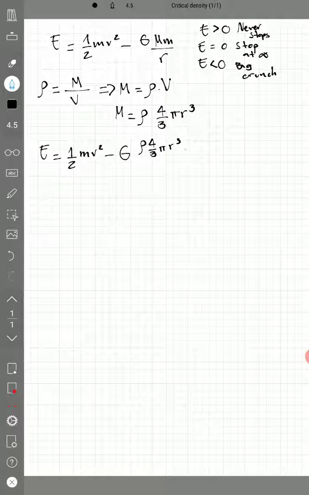That will be the big M, then the small m, over r, right? That's what the equation would tell us. Now, we have included the density of the universe successfully in that equation,